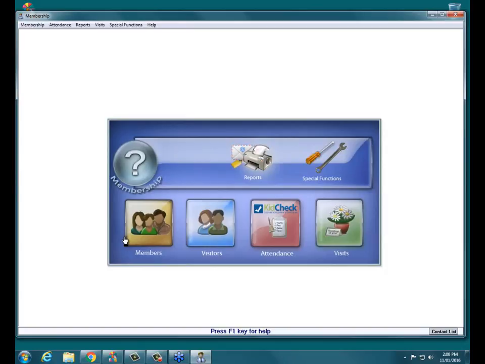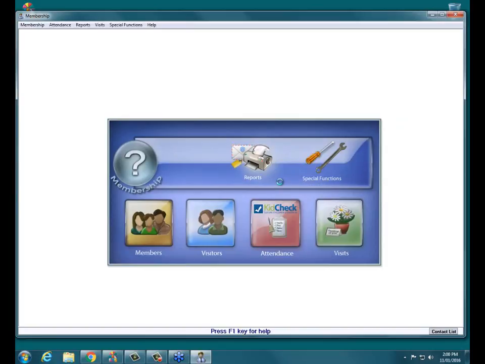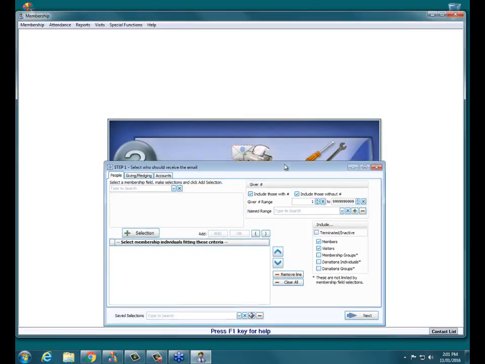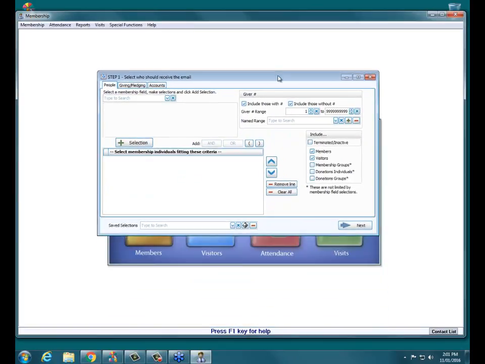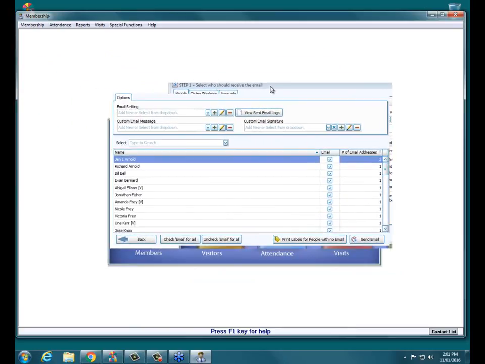Takes us to our opening image map here in the membership module. From here, we're going to open up our reports menu. We're going to click on the option there that says email. That takes us to a step 1 window, which is normally where you're going to tell the system which people from membership that you wish to send emails to. But I'm just going to click next there because we're going to talk about actually setting up our existing email